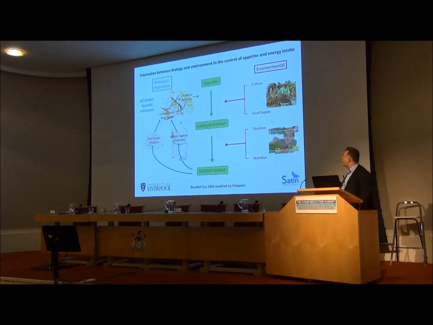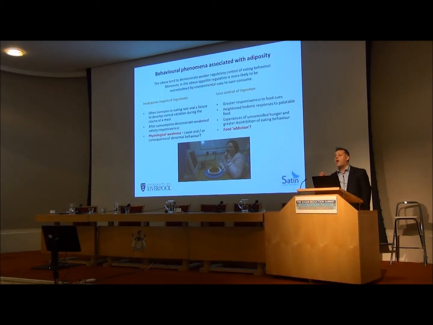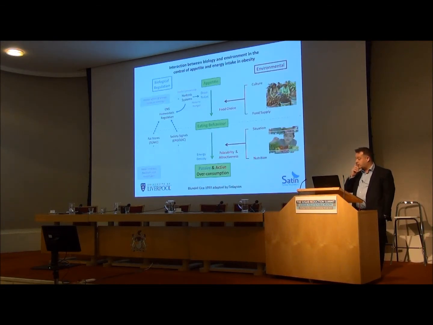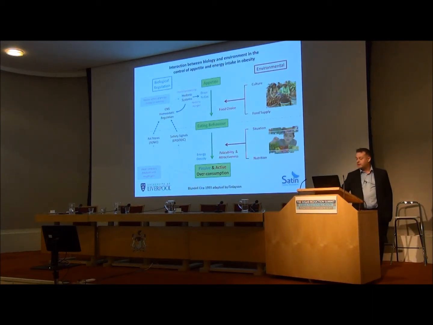So if we take a model of appetite where we have the biology on the left side, we begin to understand we have to consider the environment, which is on the right side of this diagram. And what we know from talking to the obese is, yes, we know that ingestants have an inadequate impact on their appetite, so they have poorer satiety and within-meal satiation. But we also know they feel less control over their appetite as well, and more driven by external factors. And it's those external factors we need to start focusing on. So we've got a broken system on the left-hand side, but we need to start focusing on the right-hand side.